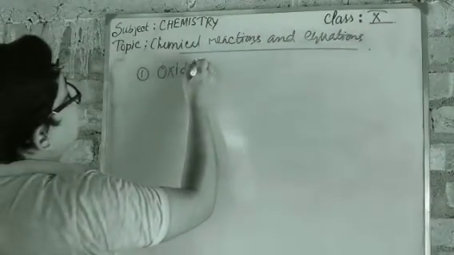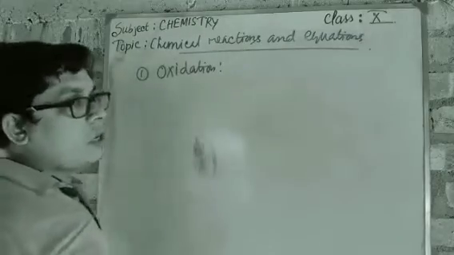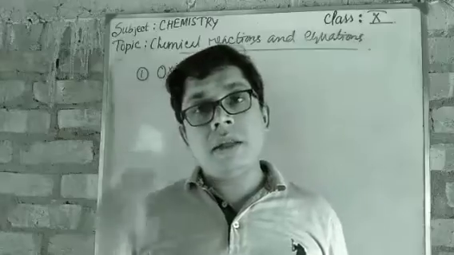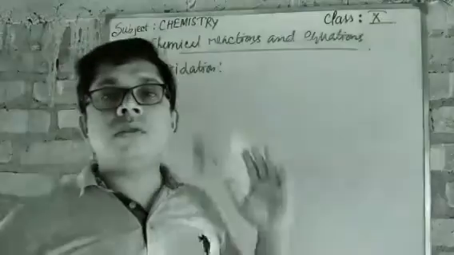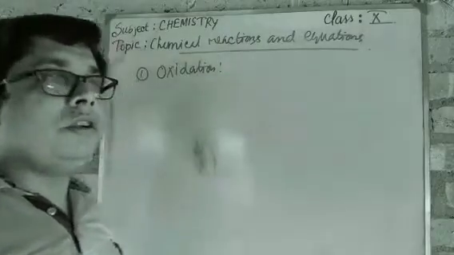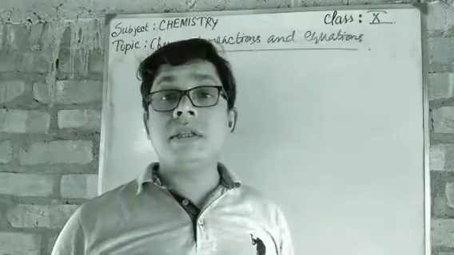Last day we did lots of reactions, and we also saw the types of reactions, how many types of reaction there can be and what their names are. So take the next part of it, that is oxidation and reduction. What is oxidation? Oxidation is the process